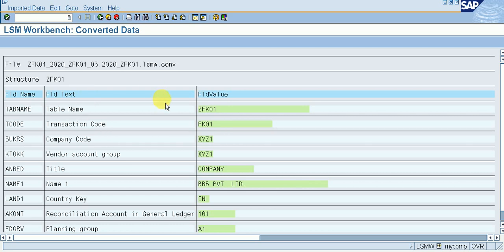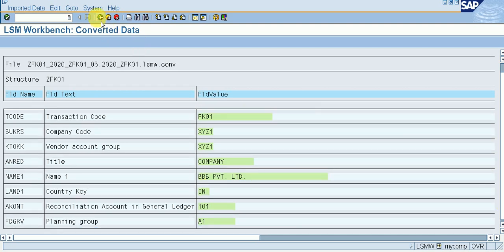So we can see our table name here, transaction code is this, company code, vendor account group, company BBB, we can see here all the details, all the details are in green.